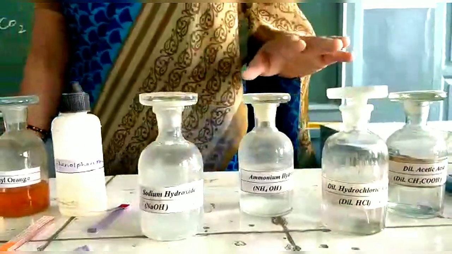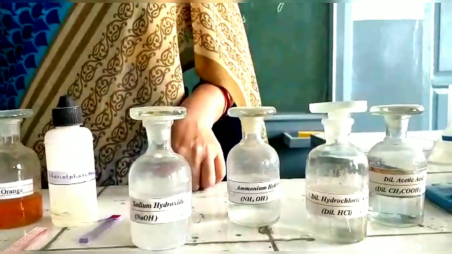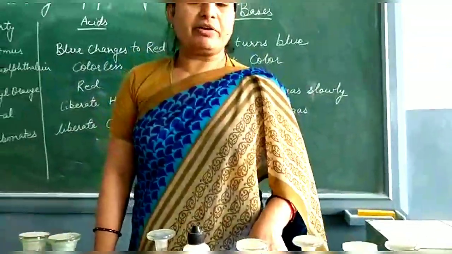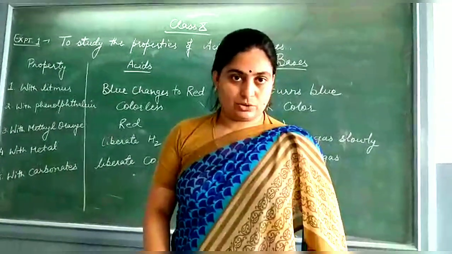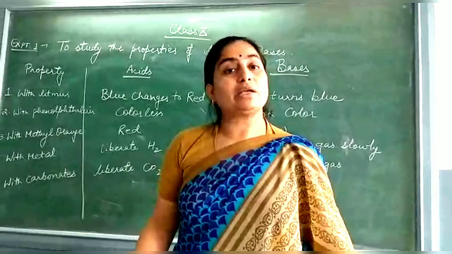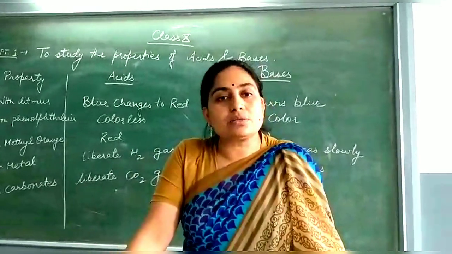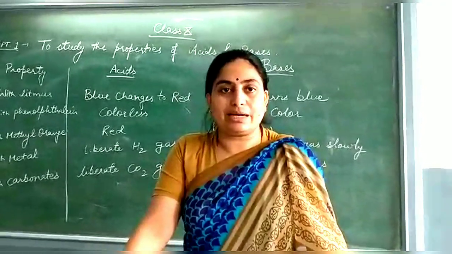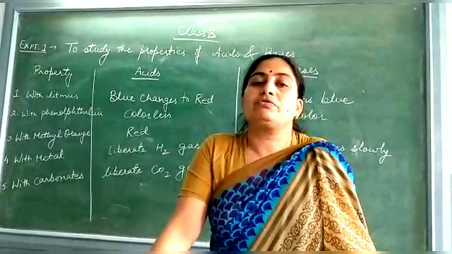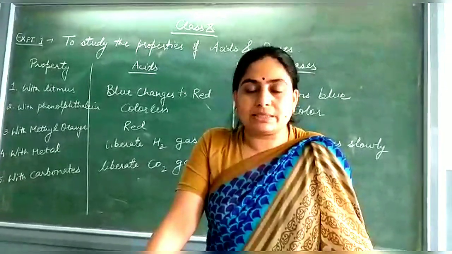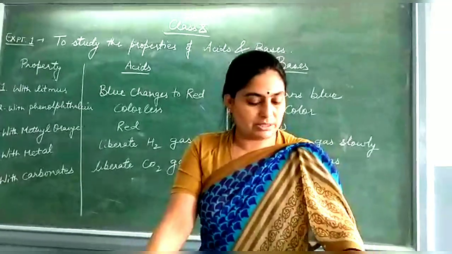This strength is based on their dissociation. Strong means it dissociates completely, whereas weak means dissociation to a limited extent. So if I say acetic acid is a weak acid, it means it dissociates to a limited extent. That means 100% dissociation is not there. Sometimes we find that only 5% of the molecules have dissociated. So these are acids and bases.